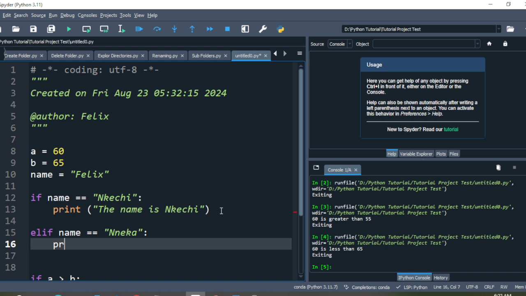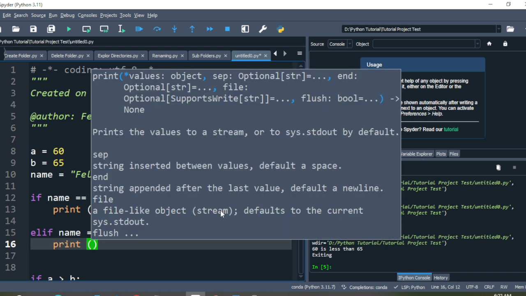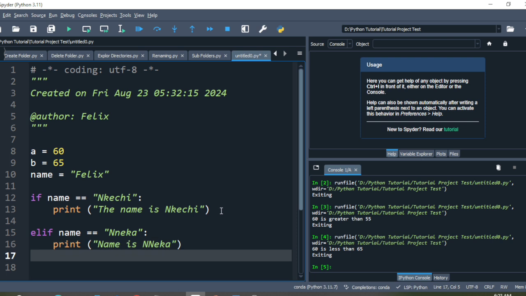I'll now have print name is Nneka. Okay. So I can have another else if name